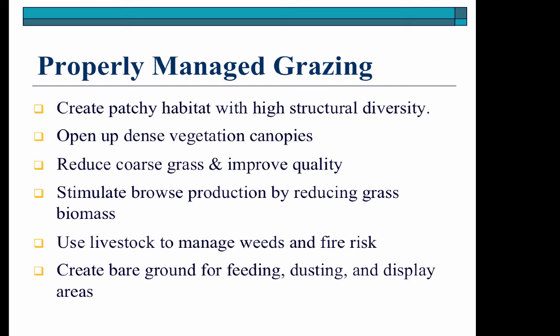I'll show you some pictures later in class where we have certain mountain areas that are very densely populated with a very coarse grass species, and honestly, nothing else is going to be able to come up because that grass is so dense. That area really needs a good fire, hopefully a controlled fire, to take off that whole thatch area to get some more biodiversity to come up in that area. And with properly managed grazing, we can also use livestock to manage our weed populations and